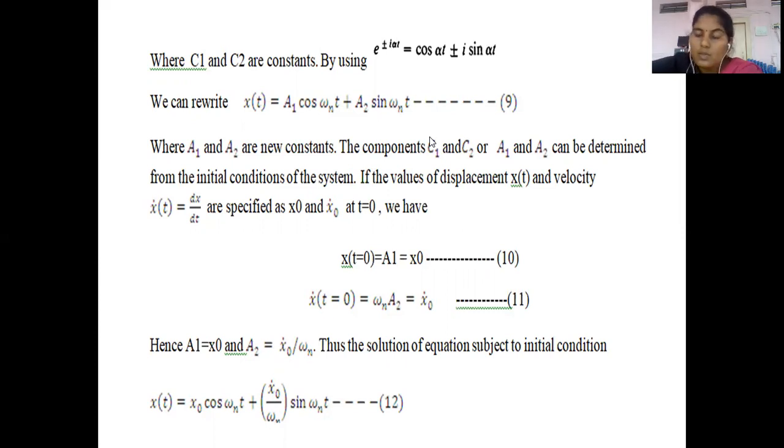If the values of displacement x of t and velocity x dot of t, which is dx by dt, are specified as x naught and x dot naught at t equal to 0,